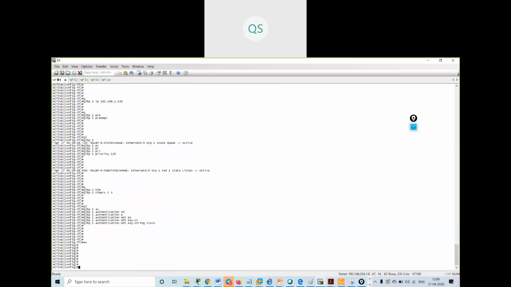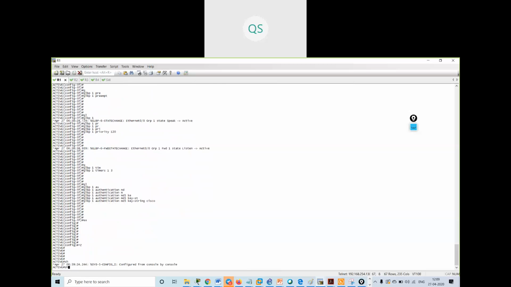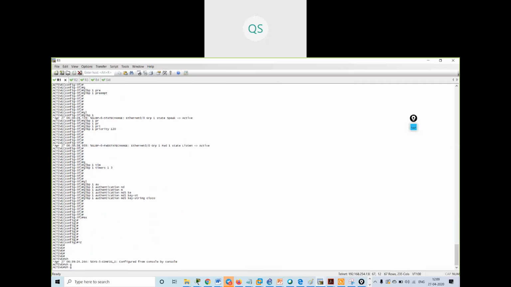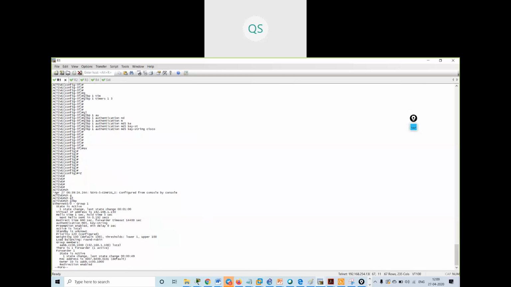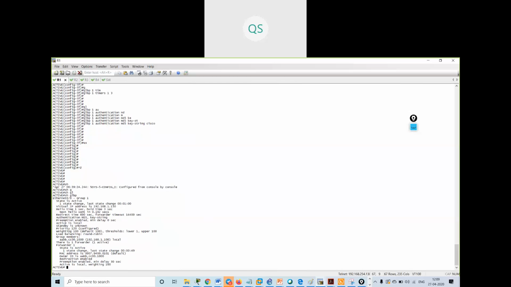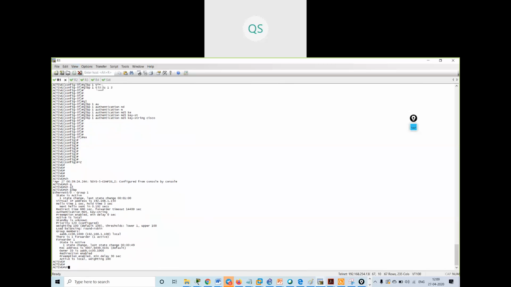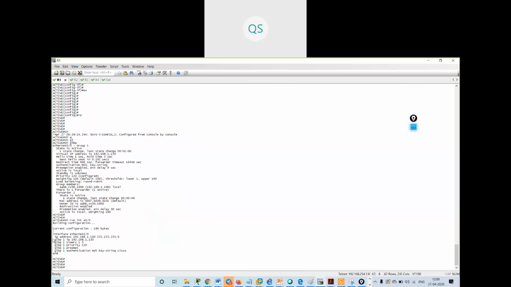Exit. Show GLBP. So I will get this configuration of GLBP. Show run interface E0/0. See, this configuration I have done. The same configuration I will do on the other router also.